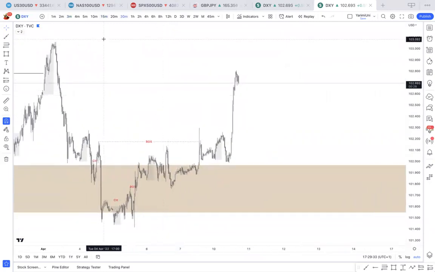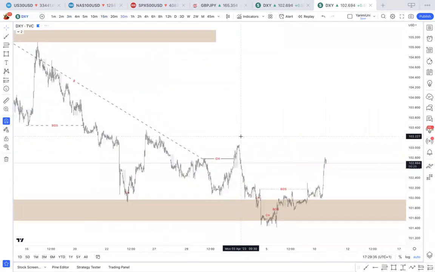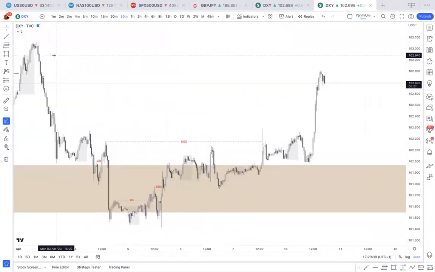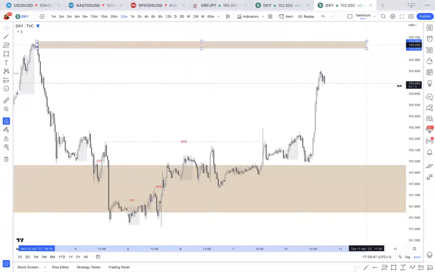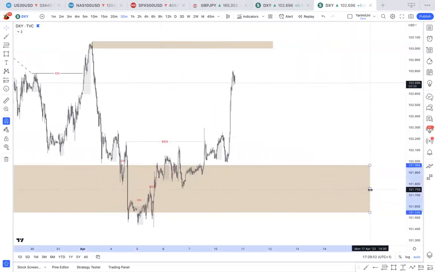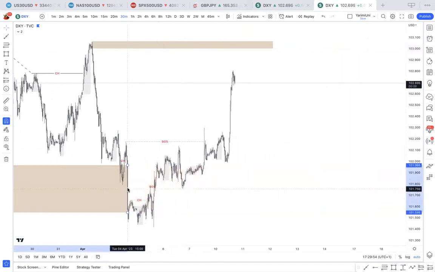Right now, what we'd be waiting for is, dollar looks bullish. It looks like it wants to take this high, although there is a supply here. So what we'll do is draw that in like this. And now I can put this back because that's been respected. That high time frame is no longer valid.